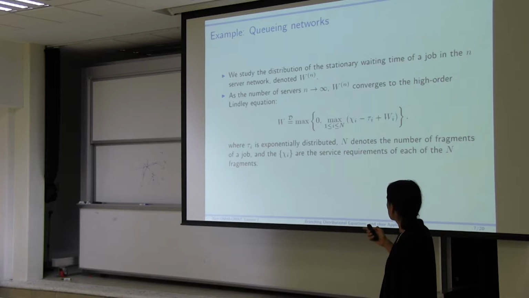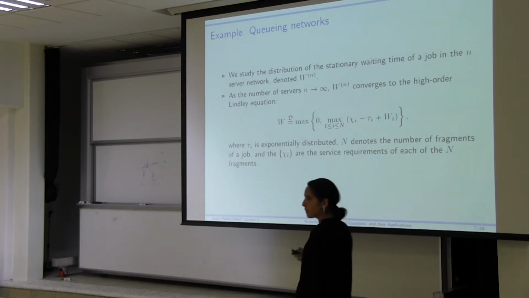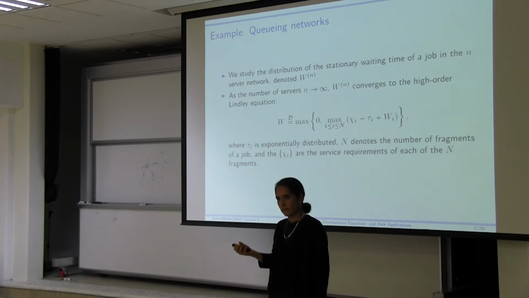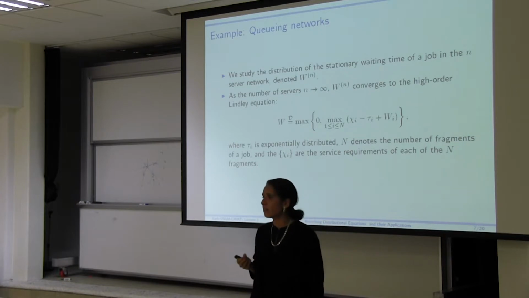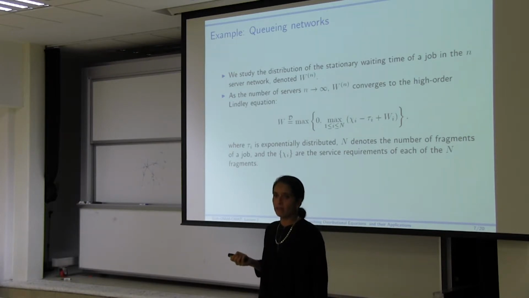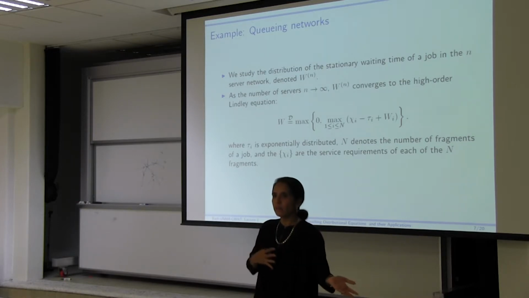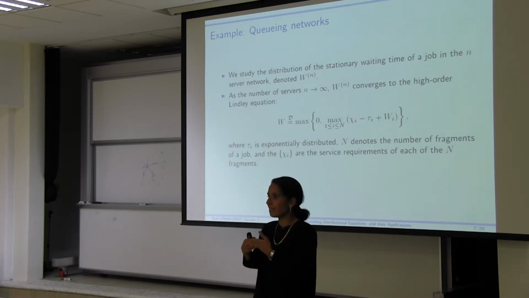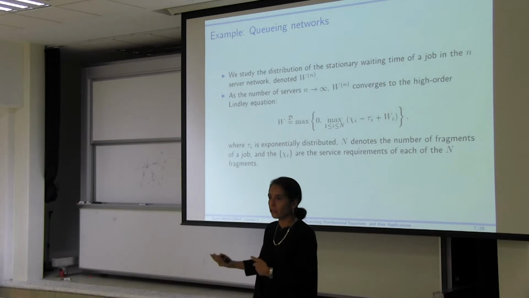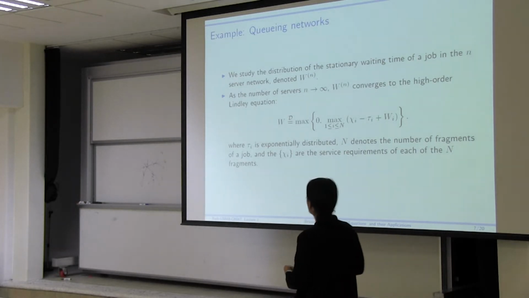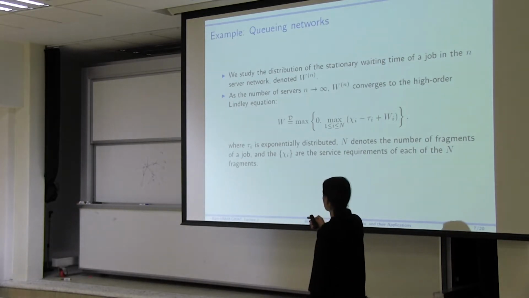So these are 2 setups where the higher-order Lindley equation and the smoothing transform pop up. In the next 3 lectures I will go a little bit more deeply into the PageRank case, just because it has very interesting connections with a variety of random graph models. And if you have never seen random graphs, I'd like to elaborate more about what the random graphs are and how exactly this coupling that we do between the graph and the branching process works, so that we can argue rigorously that these are the limits in both cases.